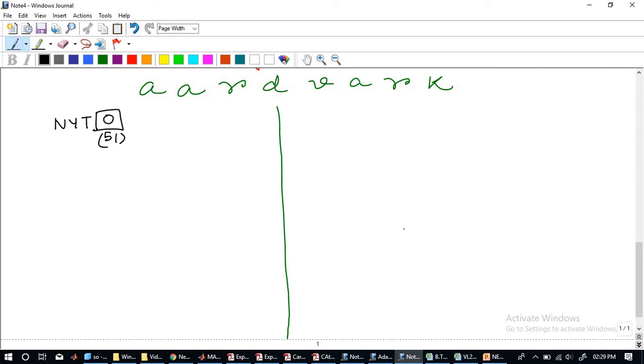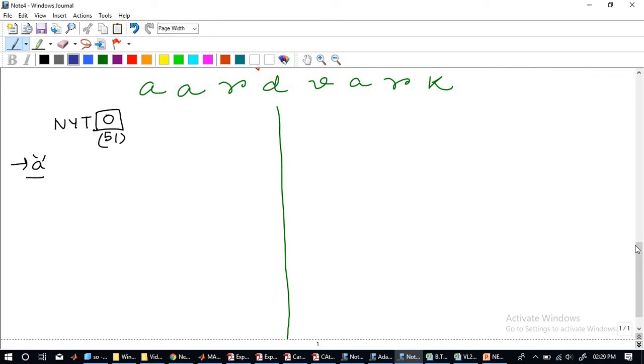Okay. Now A comes in. First letter A comes in. So I'll write here A appears. Please take a closer look at what we are doing. When A appears, first we have to think.